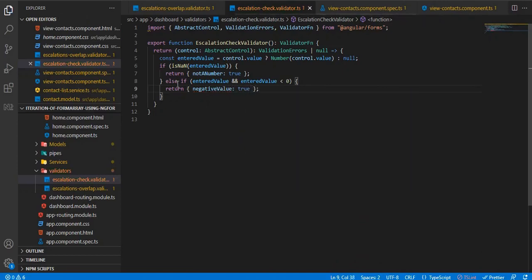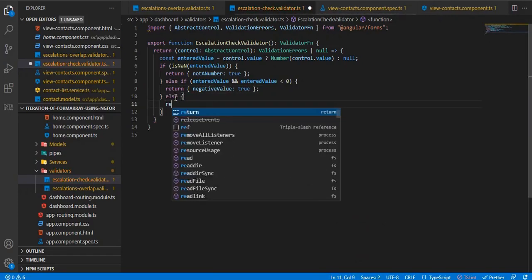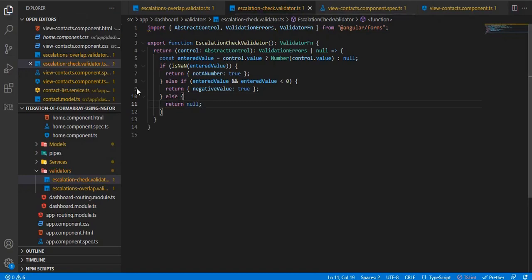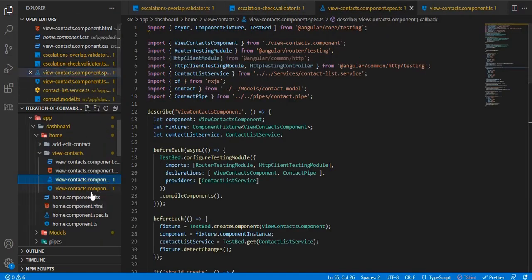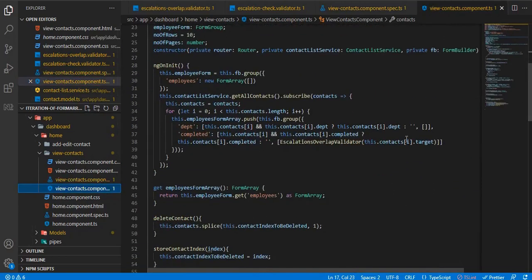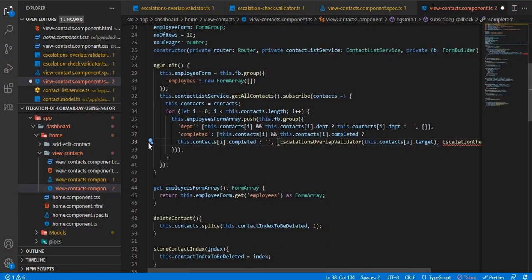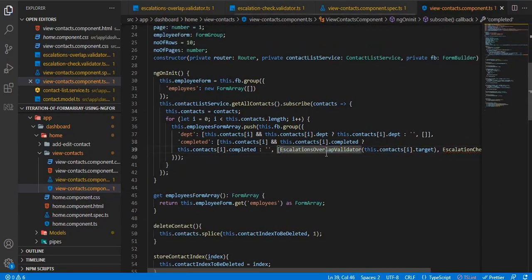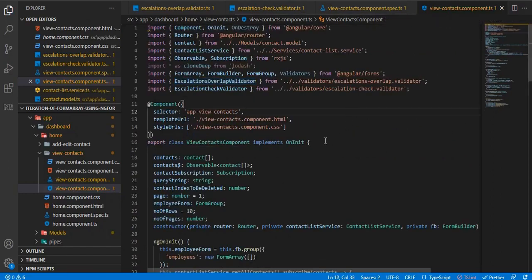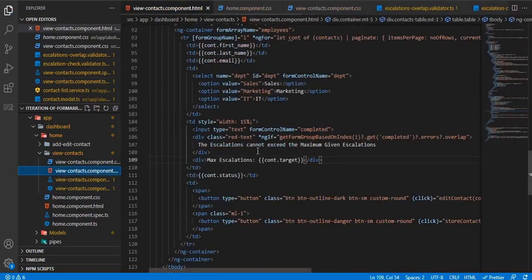Okay, and then in the else condition we'll return null if none of the conditions are satisfied. Now let's take this, let's go to the view component and inject it along with the other validator. So escalation check, this does not take into account any inputs. Let's import this.